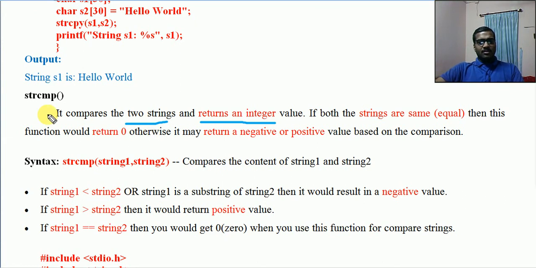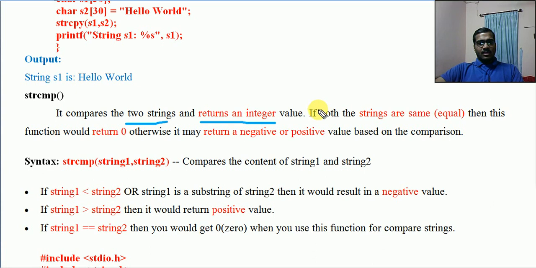strcmp, the specialty is it will return an integer value. That is already defined by default. If you are calling strcmp with some parameters, strcmp will return a value. It is like switching on the fan and getting an output. If something is given back to the place from where it was called, after executing, that is called returning. So it is always returning an integer value.